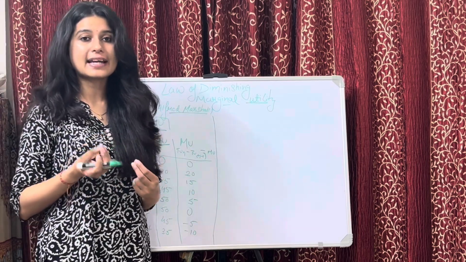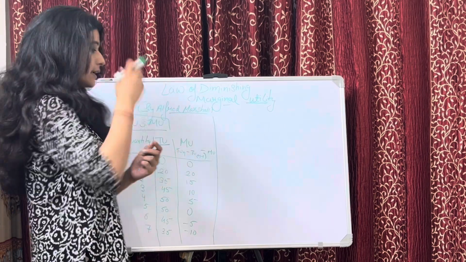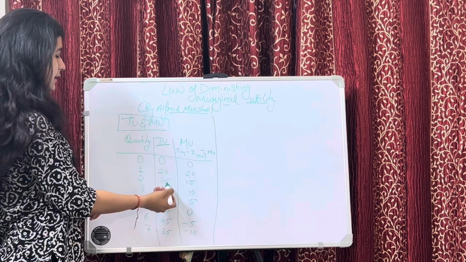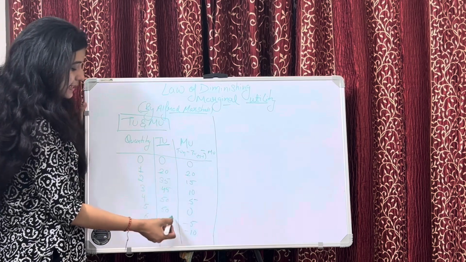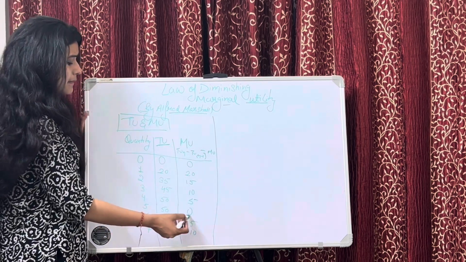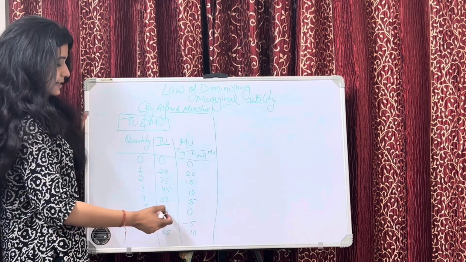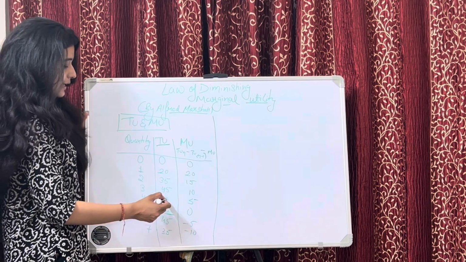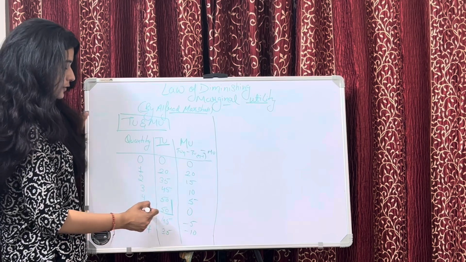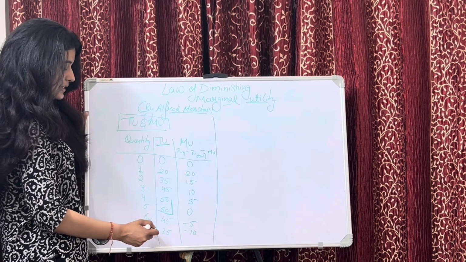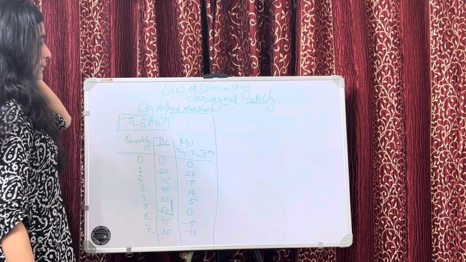We need to represent the diagram carefully, how the relationship between total utility and marginal utility we are going to explain. So here the total utility is 20, 35, 45, 50, 50, 45 and 35. See here, the total utility is increasing, right? But from here, when the marginal utility is negative, your total utility will start decreasing. Can you see, at 50 it is maximum. And here it is constant, 50, 50 for the fourth unit and for the fifth unit also. But at the point of the sixth unit and seventh unit, it starts falling because your marginal utility becomes negative. I hope you get it.